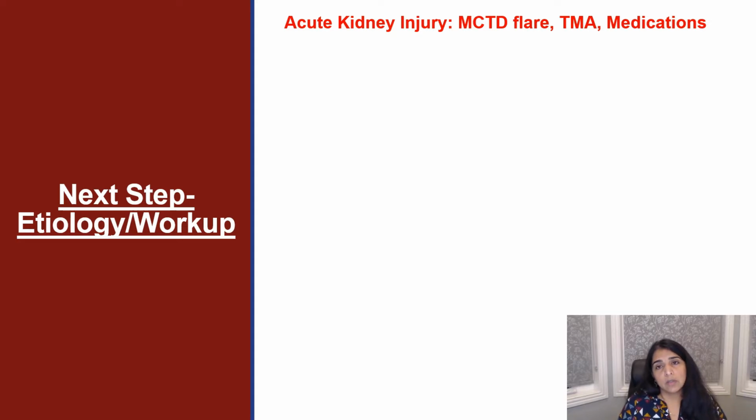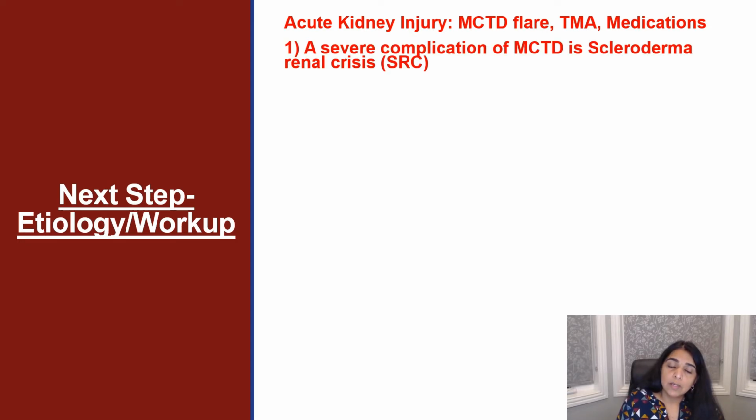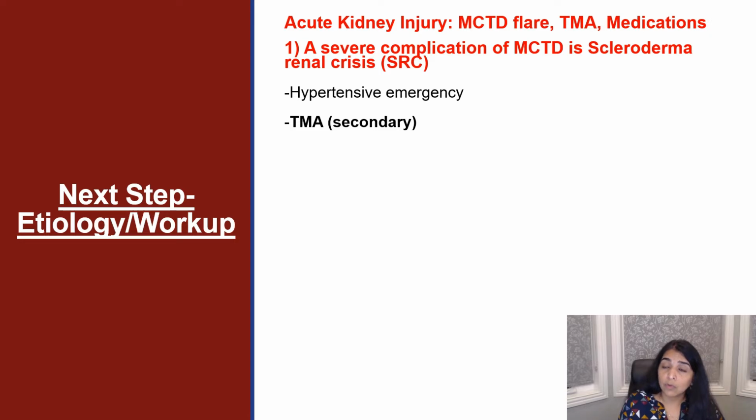So as I mentioned, what is given to us is an autoimmune disease history, a TMA that she's presenting with, and then plus minus concern for some medications. So, as clinicians, our first thinking is to come up with a diagnosis that can explain everything that may be going on in this patient. So coming up with a unifying diagnosis that can tie in everything. And so in this case, when I think about her mixed connective tissue disease, we know that a severe complication of that is scleroderma renal crisis. These patients present with severe hypertension and a thrombotic microangiopathy, which is very characteristic of scleroderma renal crisis.